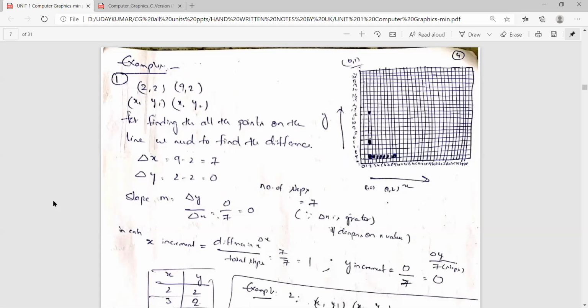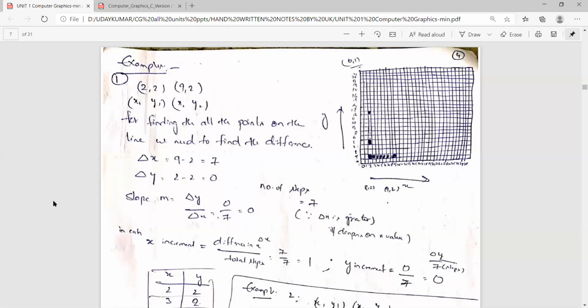So how to increment the x value and y value? For incrementing, we can write a for loop here. How many times do you have to repeat this for loop? 7 times, since when you compare delta y and delta x, delta x is greater. So in each for loop, the x value and y value are going to increment, and we have to put the pixel. For putting the pixel, what is the method used in C programming? The setpixel method, as we all discussed, right?